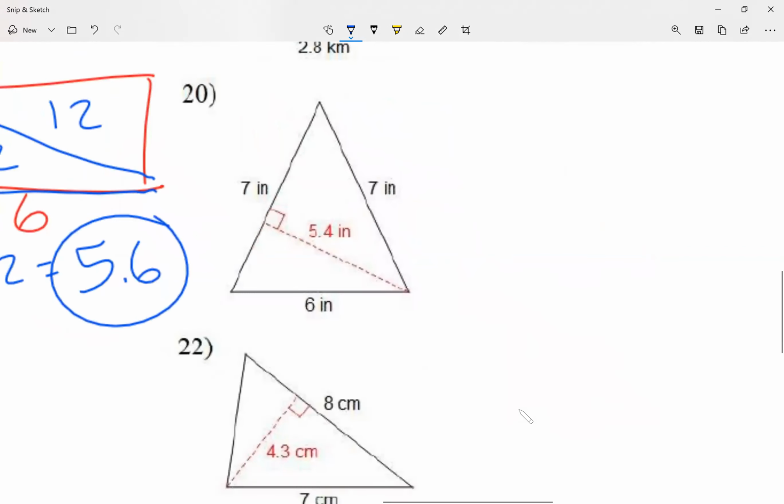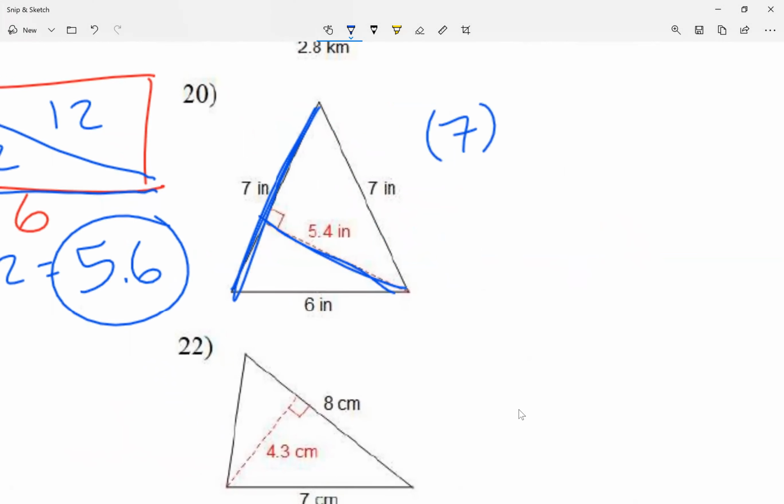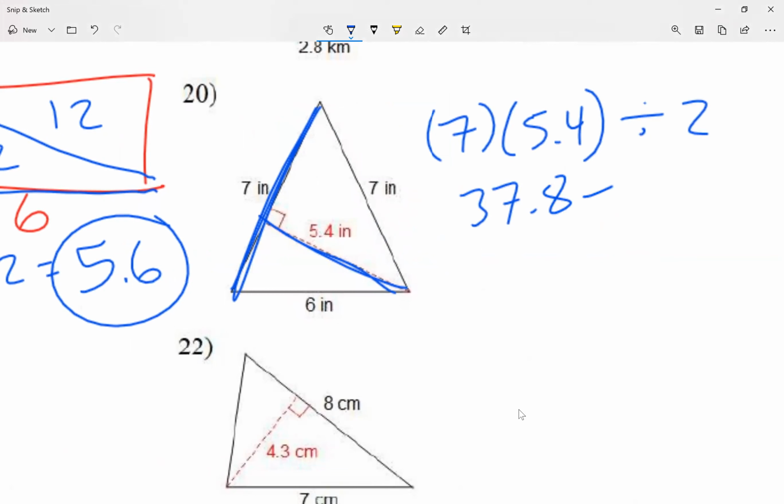So let's take a look at number 20. The 90-degree corner is made by 7 and 5.4. So let me multiply 7 times 5.4. In my result, I'm going to divide it by 2. Right? 7 times 5.4 gives me the area of a rectangle. And besides, 7 times 5.4 is 37.8 divided by 2. My answer will be